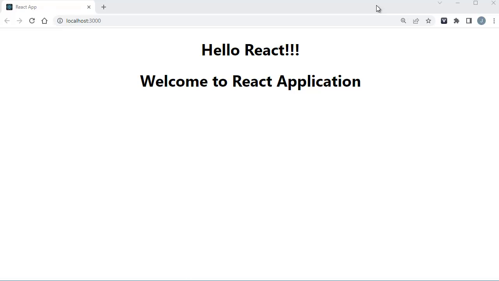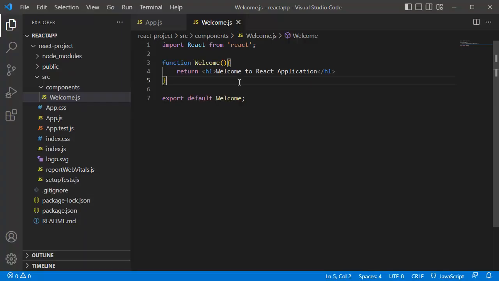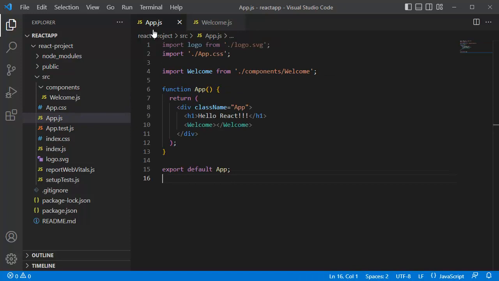In the previous video, we have learned to create a functional component in React application. In this video, we will learn to pass the properties to this functional component from another component, that is from app.js component. To send or pass the properties or props from app.js component, first we need to go to app.js